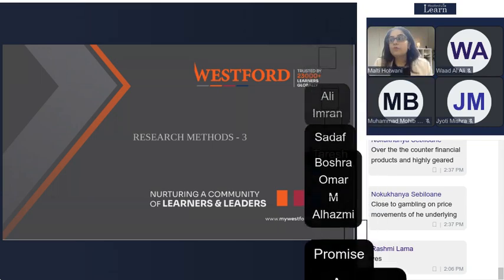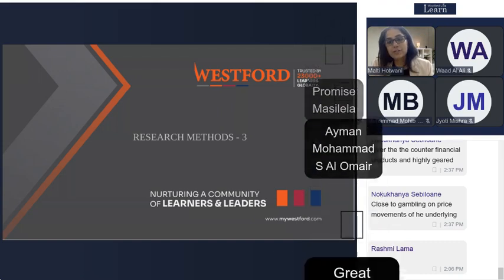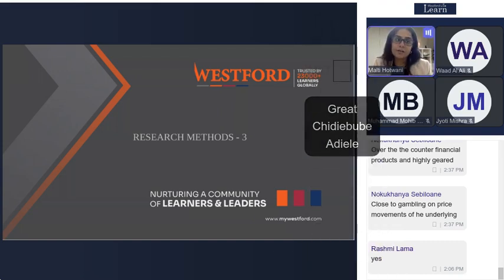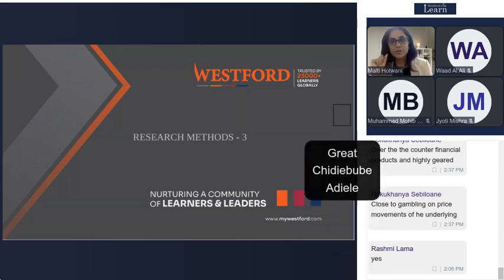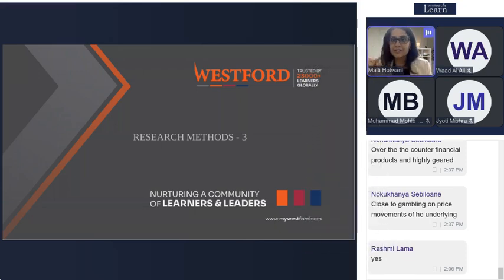Right. Till last session we understood what a research title is, and from the research title, how you will frame your aim, your research question, and your research objectives. We have also learned what the variables are, what an independent variable is, what a dependent variable is, and the relationship between them.